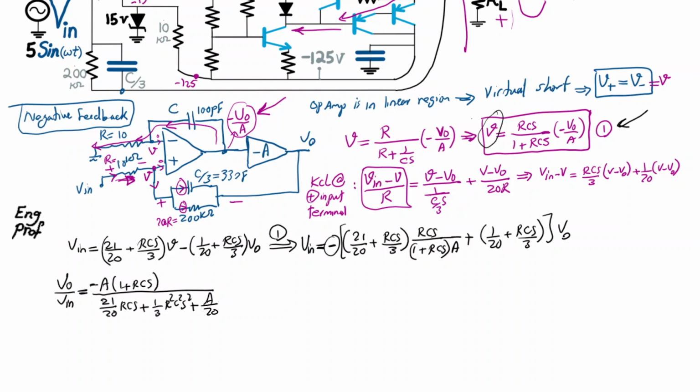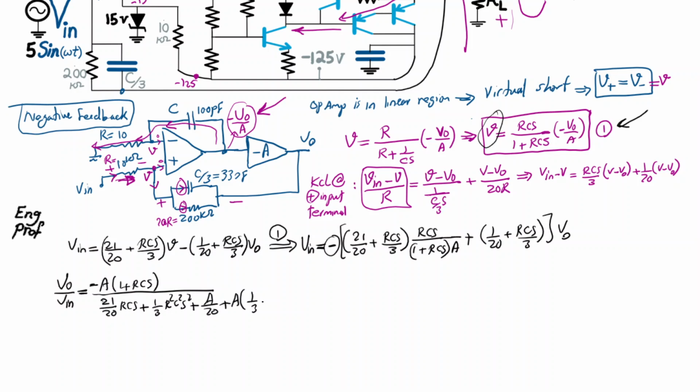A over 20, and then we have A times 1 over 3,